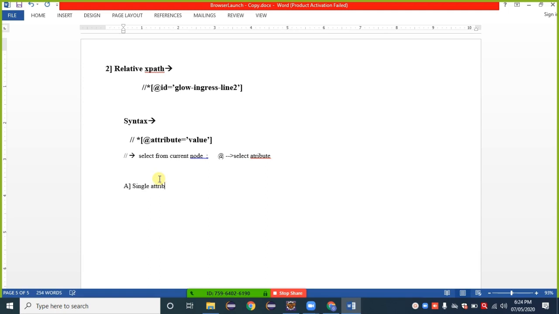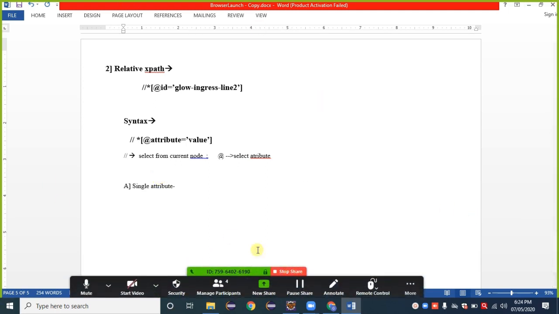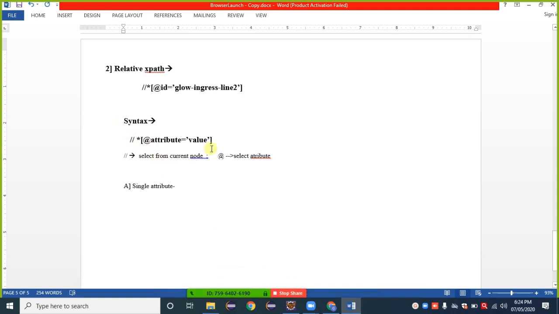Single attribute XPath. Single attribute means that inside it one value is available: two forward slashes, star, then @ sign, id is equal to single quote, and here that value is given.